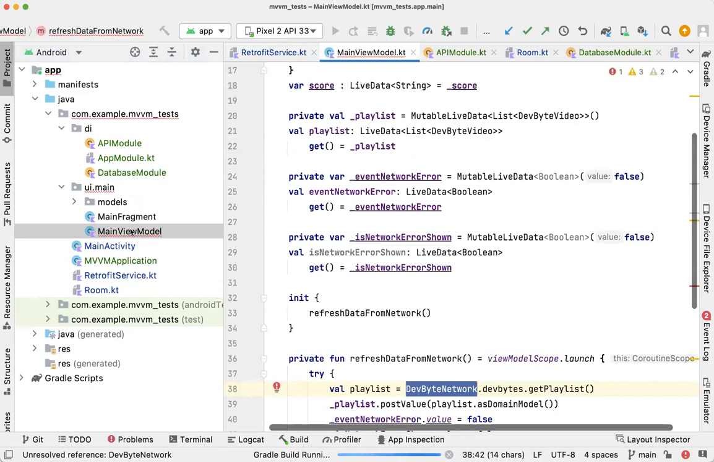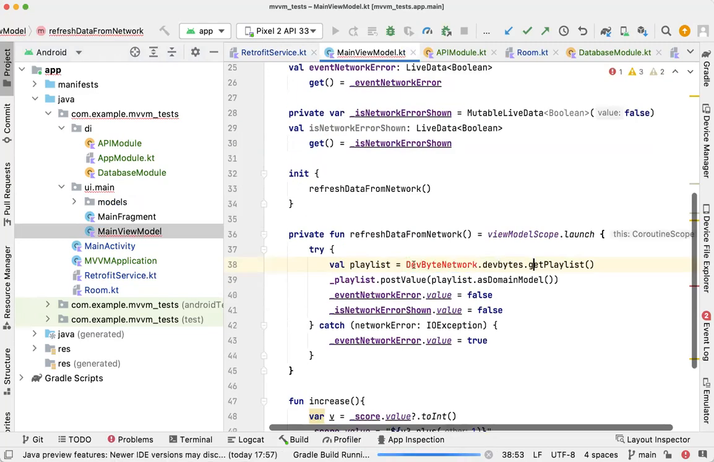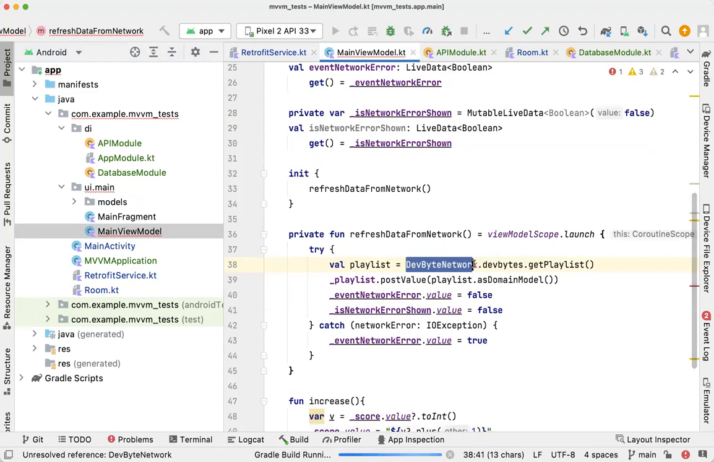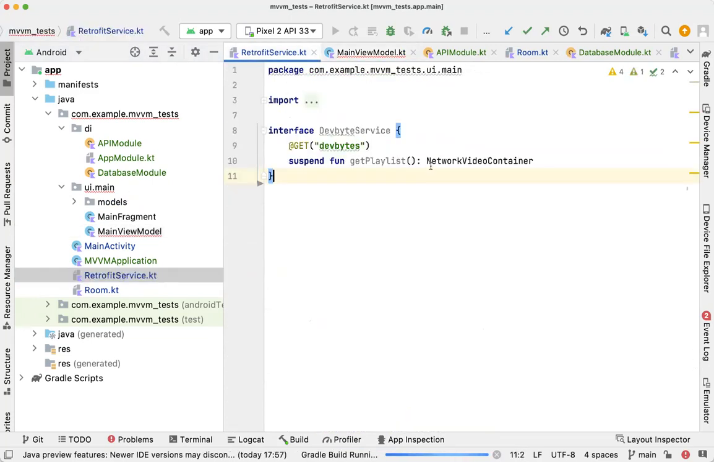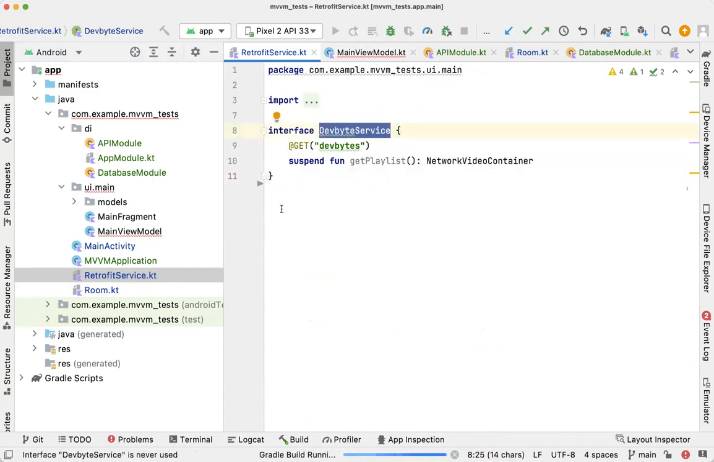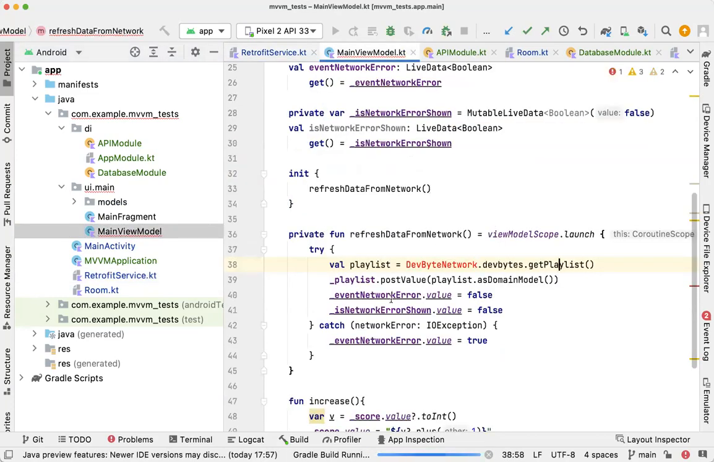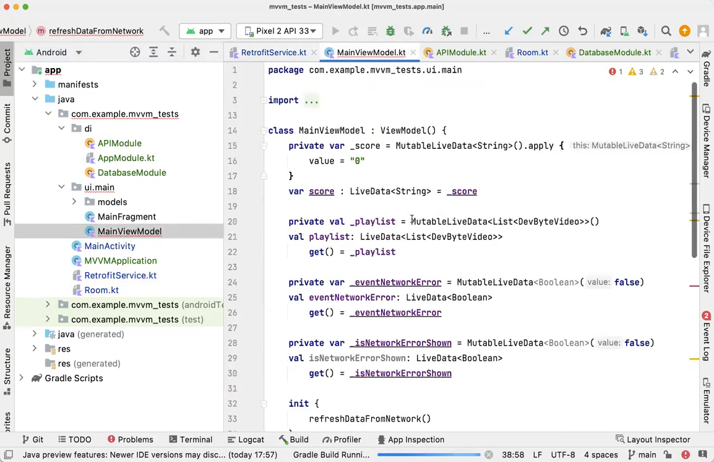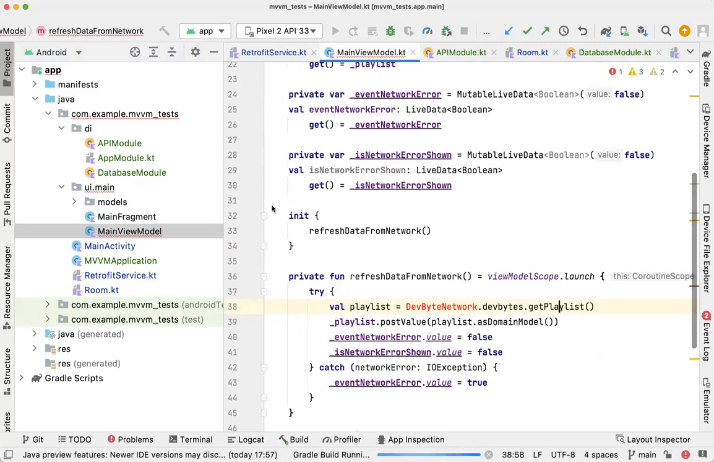You go to the ViewModel. Now you can't just use DevNetwork and get playlist. This is no longer working. Why? I have deleted that. All right, now what I have to do is create an instance of this DevService and inject it into our ViewModel. Okay, we have to inject. Now before we inject, we need to have a